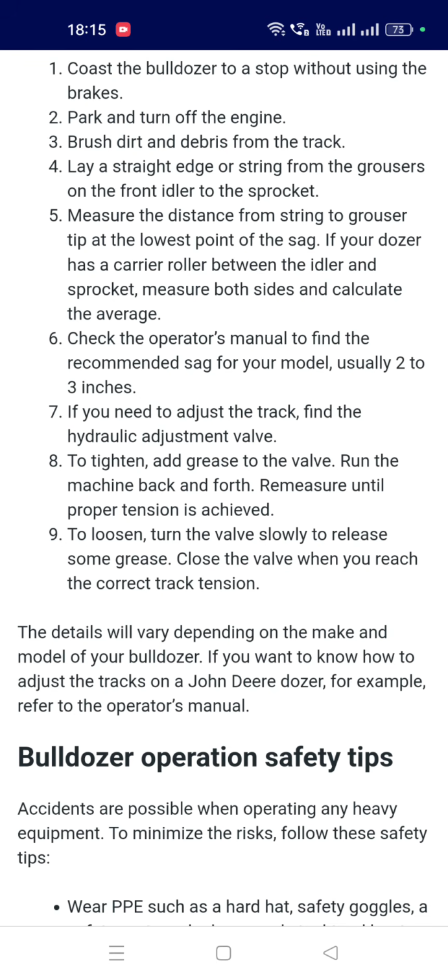To tighten, add grease to the valve and run the machine back and forth. Remeasure until proper tension is achieved. 9. To loosen, turn the valve slowly to release some grease. Close the valve when you reach the correct track tension.